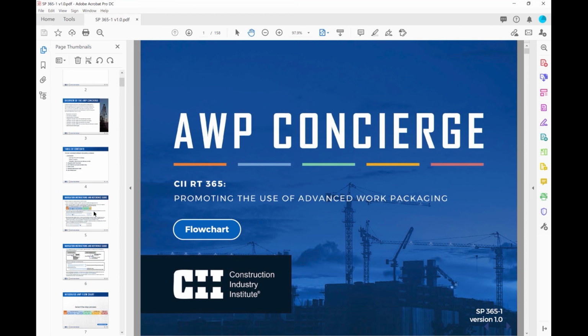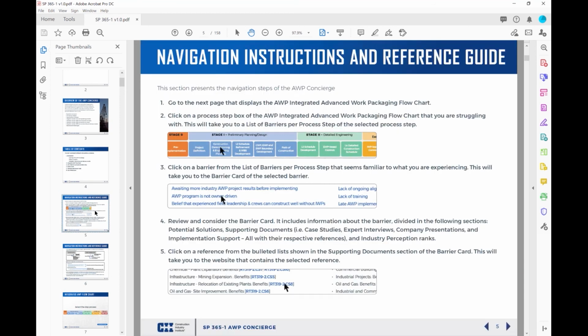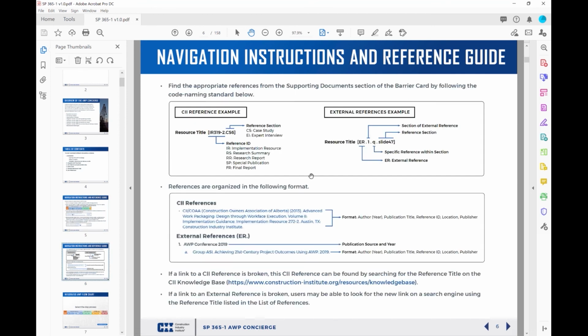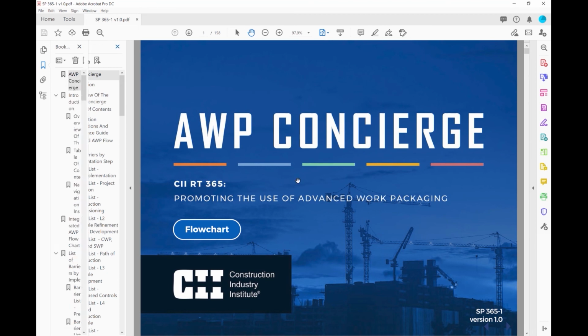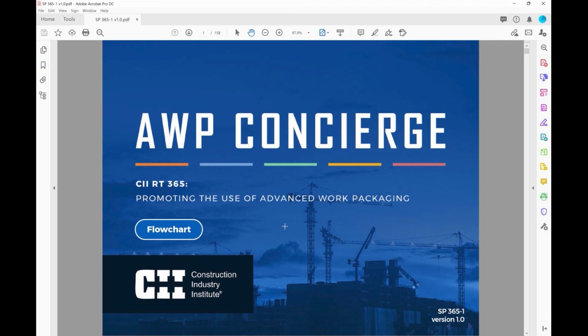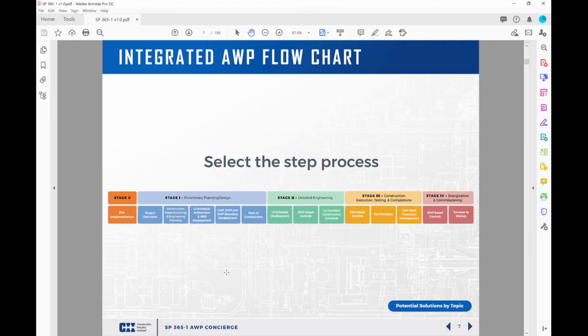The first several slides here, just as mentioned earlier, will take you through how to use the tool. And you can access that here quite easily, and how to interpret the nomenclature that's used within the barrier cards also is within here. All right, we've also maintained bookmarks on the left-hand side for quick and easy access. However, we truly believe that we have created a really great workflow that you're going to choose to use to navigate the basis. At any point, if you click Flowchart, it's going to take you to that very famous flowchart